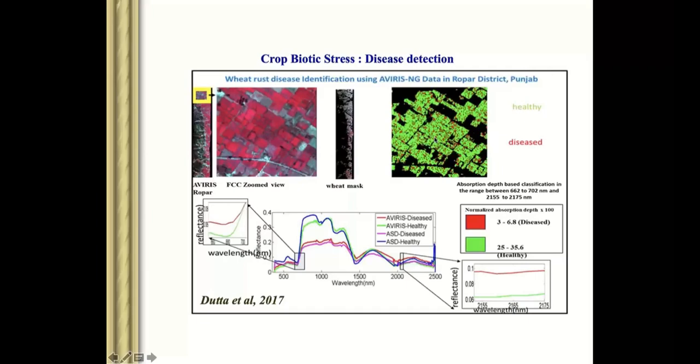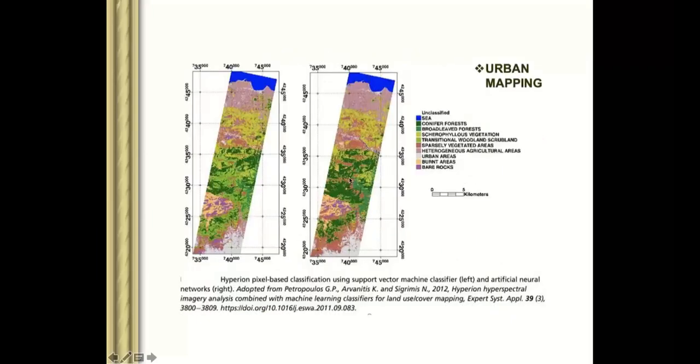Similarly, you can do urban green area mapping. You can map sparsely vegetated areas. You can map burnt areas. You can map bare rocks, and how much area is burnt, how much area is severely burned. So many things you can detect, because